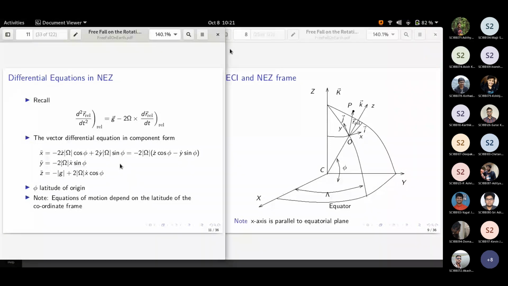Linear, sir. Linear, sir. It's a linear expression. It's not difficult to solve. Is that linear? Partly. So the modulus operator might not be linear, no, sir. No, modulus is a constant. They are just constants, modulus of omega. Cos of phi, sin of phi are all constants. Modulus of g is also fixed.